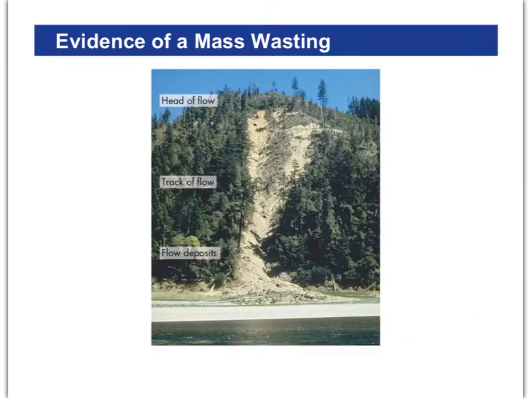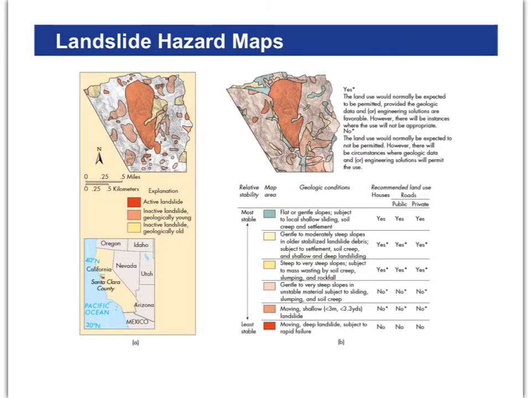Obviously right here, you can see mass wasting has taken place. Here's what you might call a talus pile, piles of boulders and deposits from the flow. You see all the vegetation that has been cleared out, even some bedrock right here, this grayish stuff that has been exposed. All this is telltale signs of a mass wasting event that took place. Like I mentioned before, here's a hazard map. There's a key or legend on here which indicates the places that are most likely to experience some sort of mass wasting event, so people can either take action or avoid building there at all.